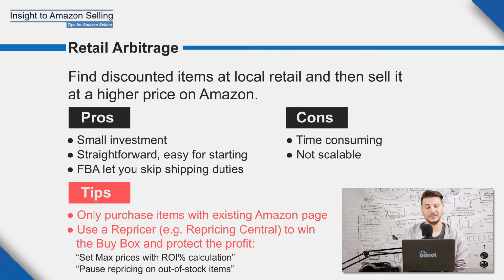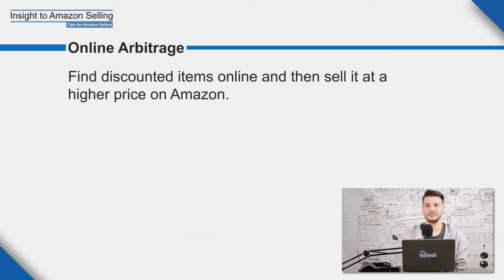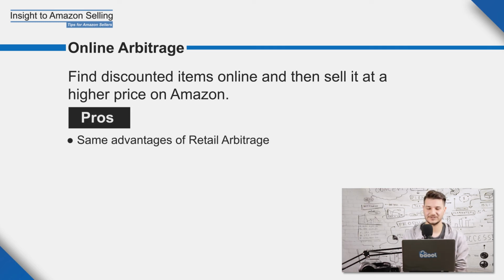When you are dealing with arbitrage, you also would like to maybe alternate retail with online. When you're doing online, most of the things we said, they're still valuable, but at the same time, there are a few differences. First of all is obviously sourcing. The sourcing is done online, so there are some new opportunities for finding the products. First of all, since you don't have to drive physically to a store, you are not limited by store hours. And secondly, you can actually purchase from stores that are not physically present in your state. So you can source basically from everywhere in the net.